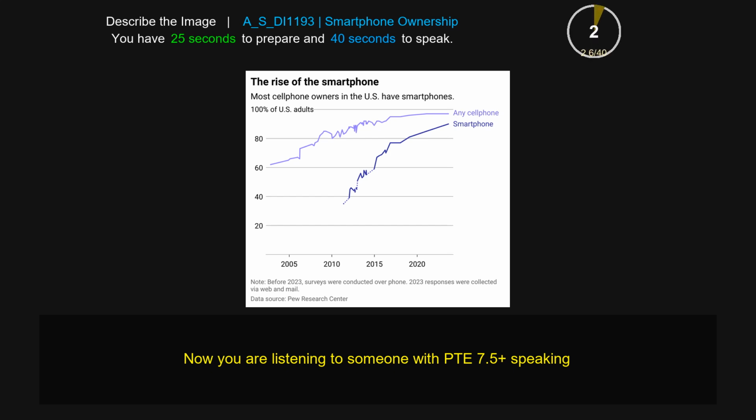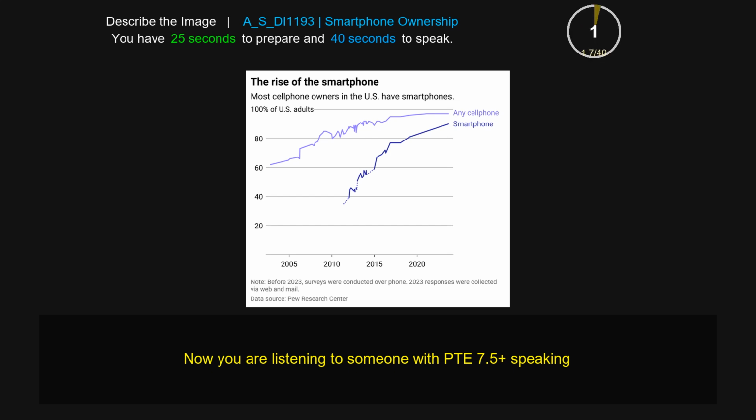The image also talks about the rise of smartphone ownership. There is a lot of information in this picture. There are various aspects, such as most cell phone owners in the US have smartphones. The ratio shows the different functions of any cell phones and smartphones. Firstly, we can see different years showing different lines. Is there any difference between the smartphone and cell phone in the pictures? Overall, this image is very informative and very helpful for understanding smartphone ownership.